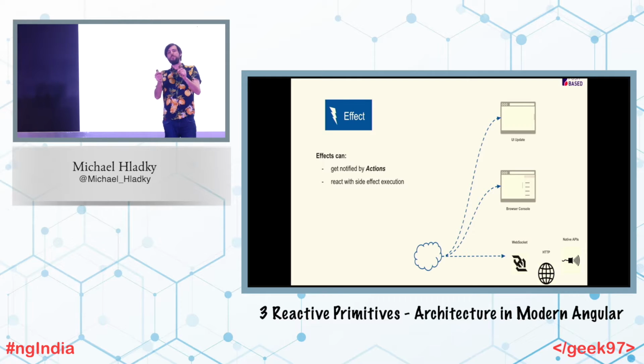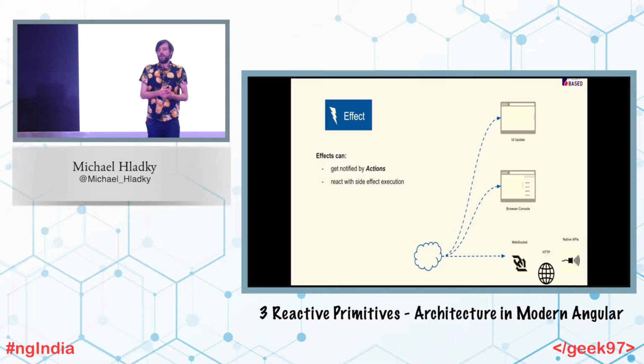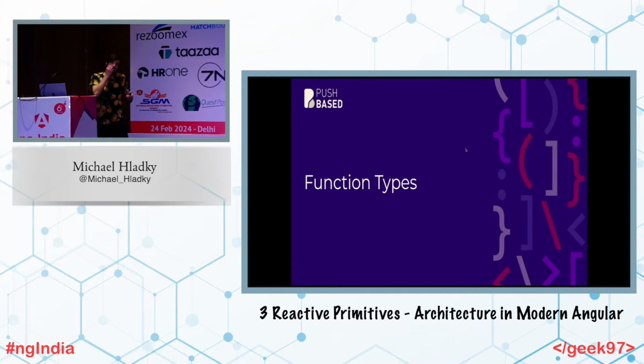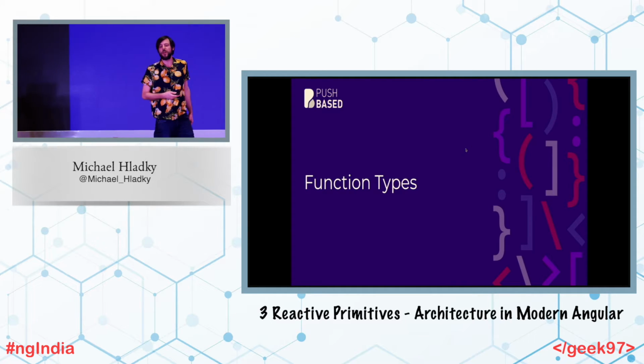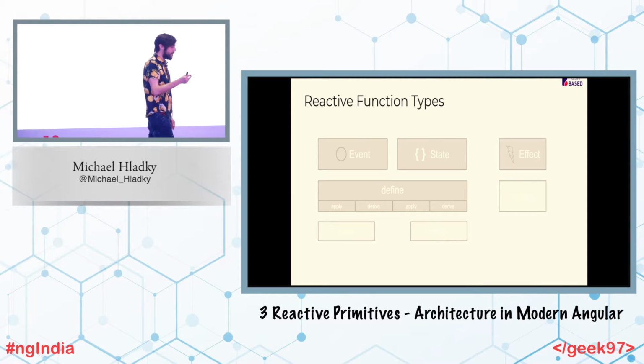This is also considered as an effect, a side effect. And with those three different principles, with these three different building blocks, you are able to write any application architecture that you need. Very simple to understand, but you need to connect those three primitives somehow. And you have three different functions that you need to compose those reactive primitives. Here you see all in gray, and I will color them step by step and explain why you need them